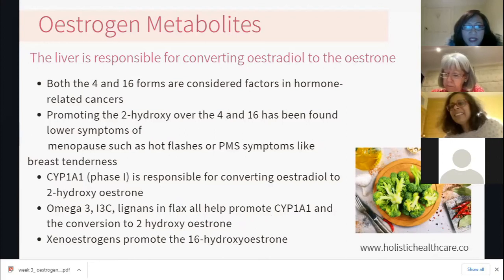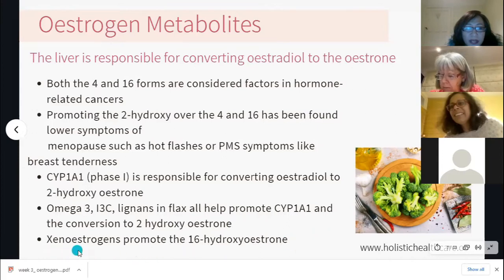So the bottom line is, if someone's got estrogen dominance, or if they've got a predisposition towards hormone-type cancer, or if they've got cancer, they need to be on estrogen-balancing foods. And this includes men as well, particularly men with prostate cancer, because that's actually connected to being estrogen dominant as well. So flax is also very beneficial.